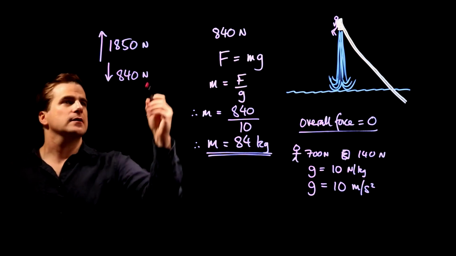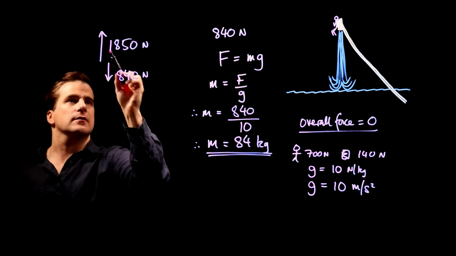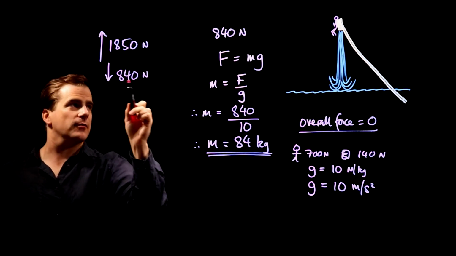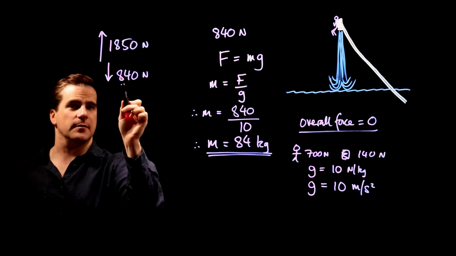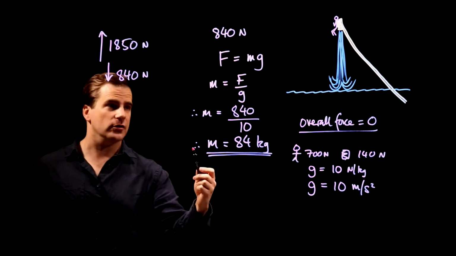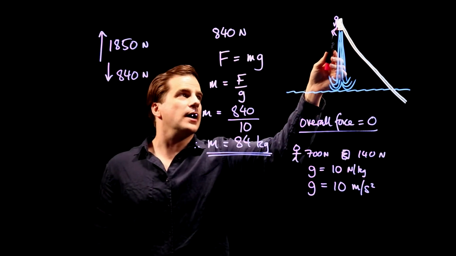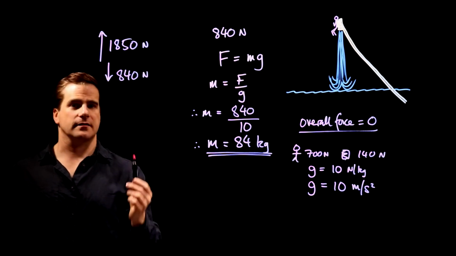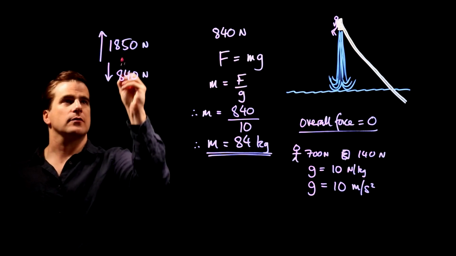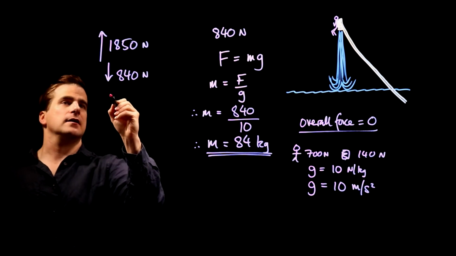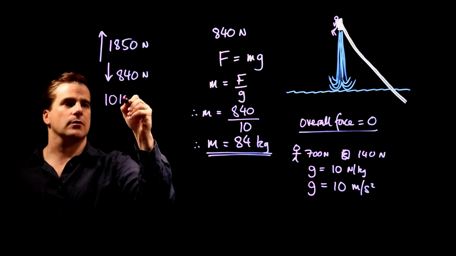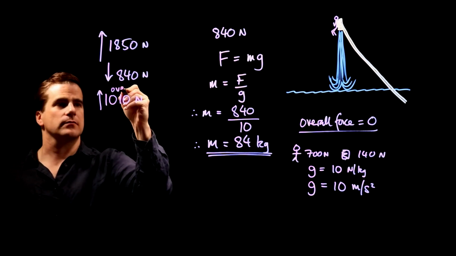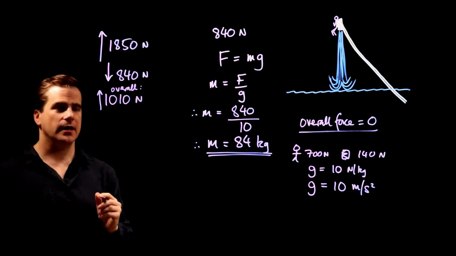So, that force is coming from the jetpack, and this force is coming from the weight of him and the jetpack. So the overall force acting on him and the jetpack is that minus that upwards. So that minus that is 1010 newtons upwards. That's the overall. Okay,